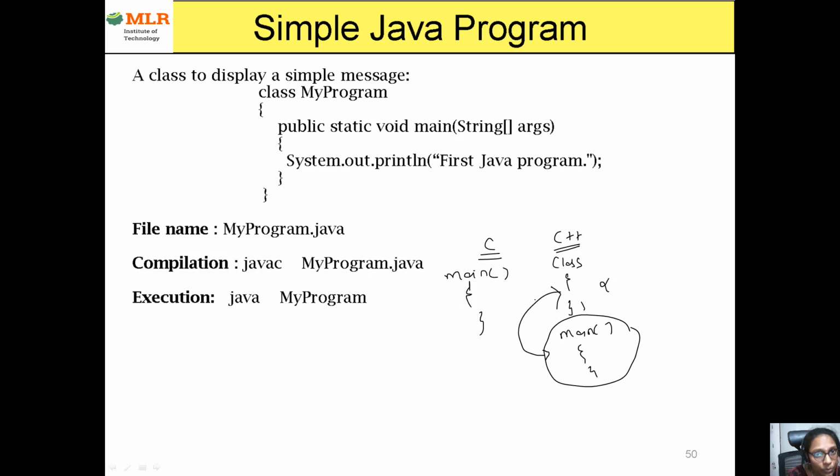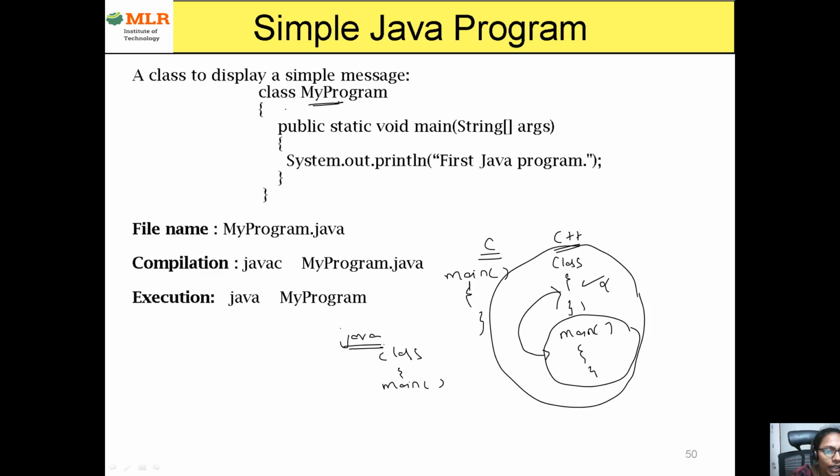If you want to use object oriented principles, then include class followed by main, but it's not mandatory to write class there. But coming to Java, it is fully object oriented. That's why you write the main function within the class itself. So class is mandatory, as main is also mandatory for every program. Class followed by the class name, and within this we write the main function. So this is the main class.